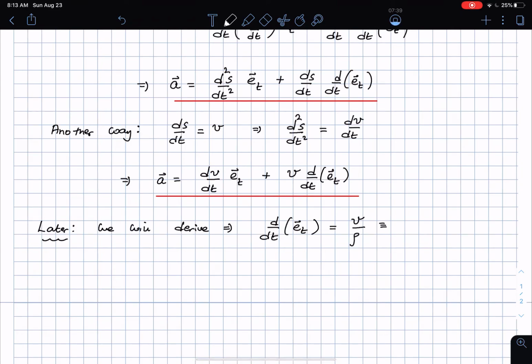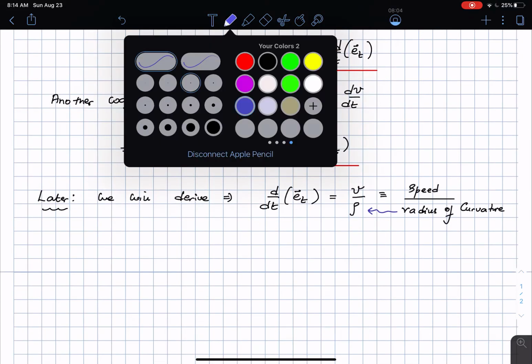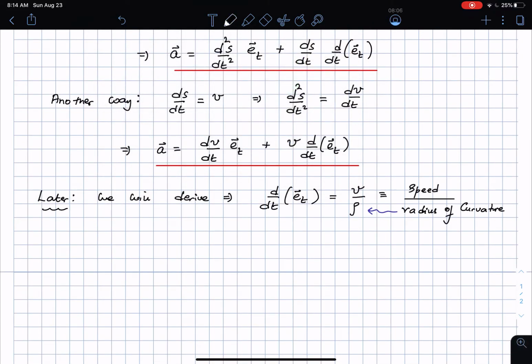Okay, this is the speed, I'm sorry, divided by the radius of curvature of the path. This is going to be the quantity rho, and this is going to be the quantity v. And if I do the substitutions,